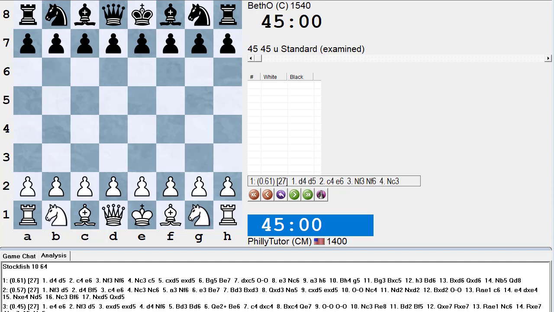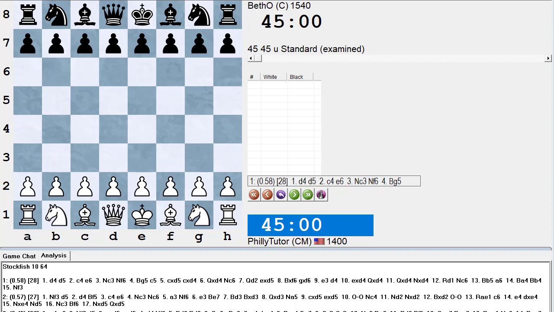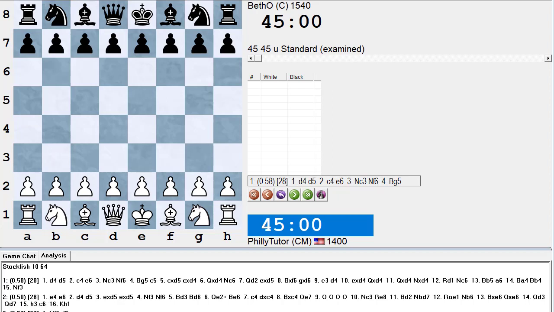and I thought what we would do is kind of make a companion to my last video. I just played a 45-minute game, though it took 50 minutes to make the video, against the mid-level computer Beth O here on the ICC. And I thought what we could do is go over the game with Stockfish 10, which is rated over twice what Beth O is rated, and see how embarrassing it can make it for me by telling me all the terrible things I did. And of course, when you play these complicated Najdorf games,